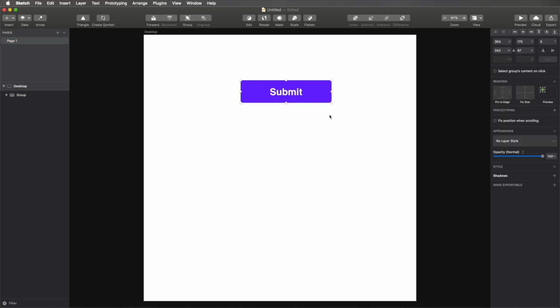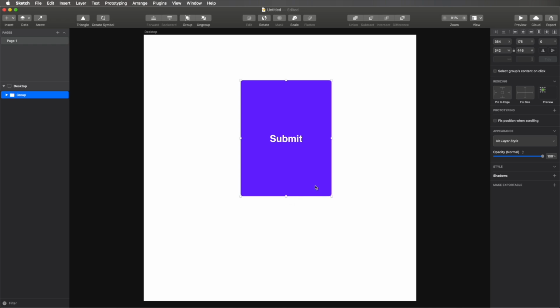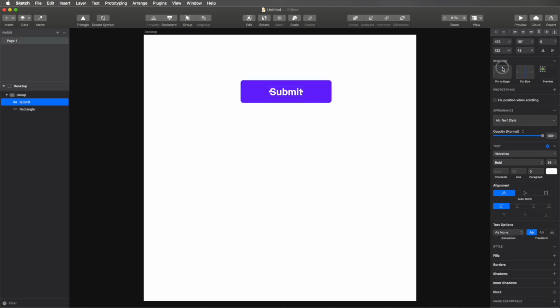Well, we got to go inside the group. We have to select the text, and we have to pay attention to this section here where it says resizing. So here we have a couple of controls. We have what is called pin to edge, and this basically means I can pin an object to a specific edge when we're resizing the parent. So in this case, if I'm going to resize my button this way, notice that my text stays in the middle. But if I'm going to select it and I'm going to pin it to the top,